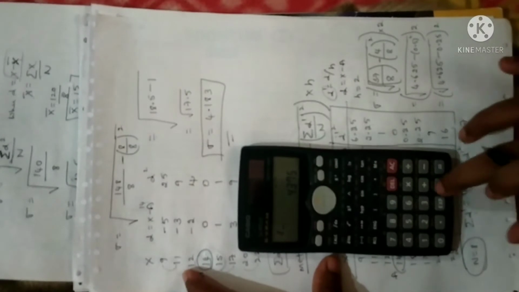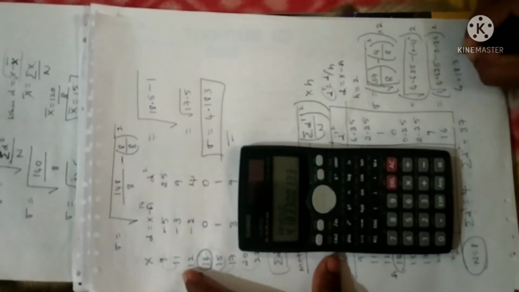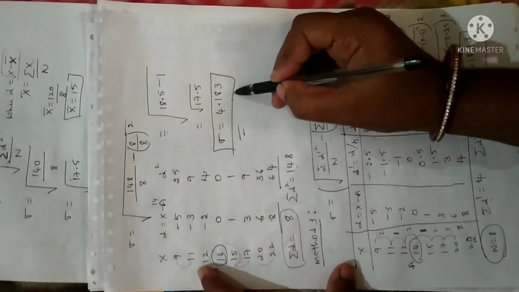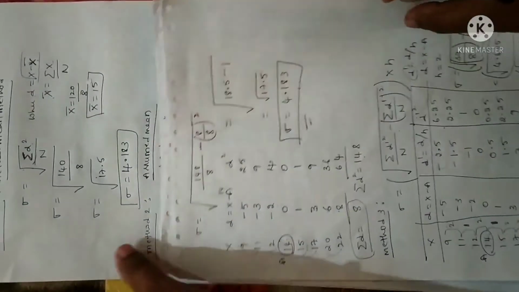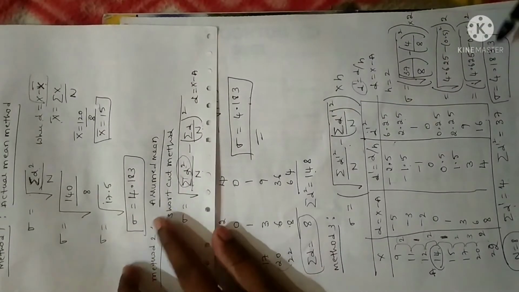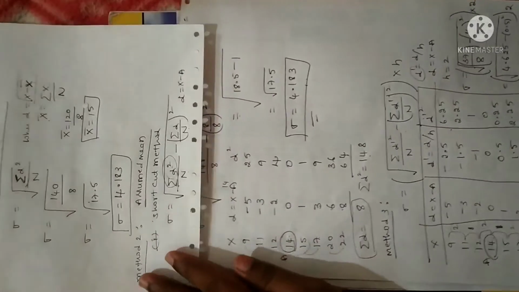The square root of the obtained value is 2.0916. Multiply it with 2. So you will get 4.1833. So the required standard deviation is 4.183. And that is the answer in all the 3 cases. So I have solved the given ungrouped data in all the 3 methods. In the first method I obtained the same, and in the second and third methods also I have obtained the same. The only thing is the formula will be changing, so you have to memorize the formula list.